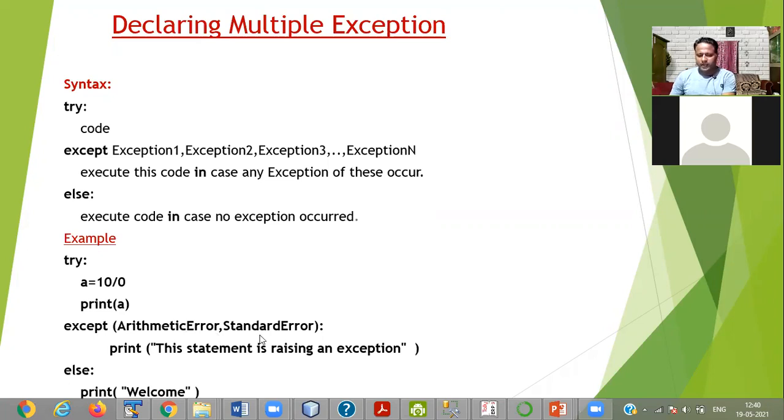If you are expecting more than one exception in a single code, then you have to use comma separation. Arithmetic error and standard error, and it is showing you a message that the statement is raising an exception.